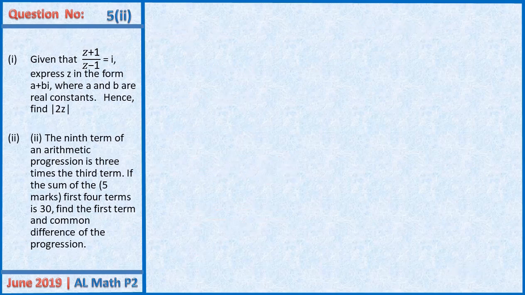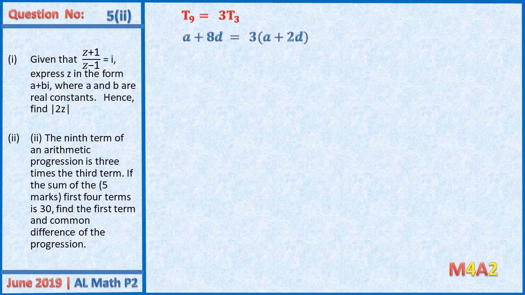The B part of the question says the 9th term of an arithmetic progression is 3 times the 3rd term. If the sum of the first four terms is 30, find the first term and common difference of the progression. So here, the ninth term, that is T9, is equal to 3 times the third term, so it's 3 times T3. So this gives us A plus 8D to be equal to 3 into (A plus 2D), because the third term is A plus 2D. And when we simplify, we have 8D